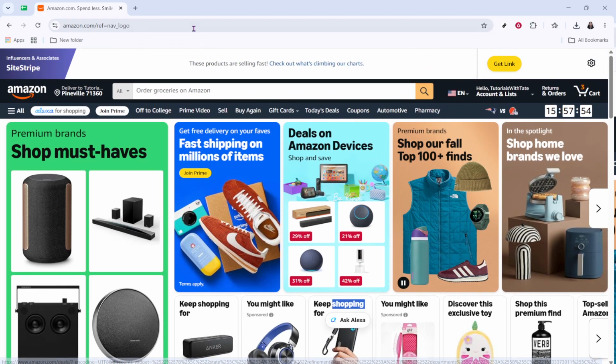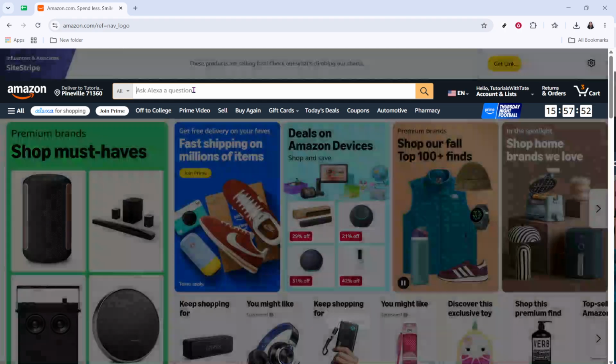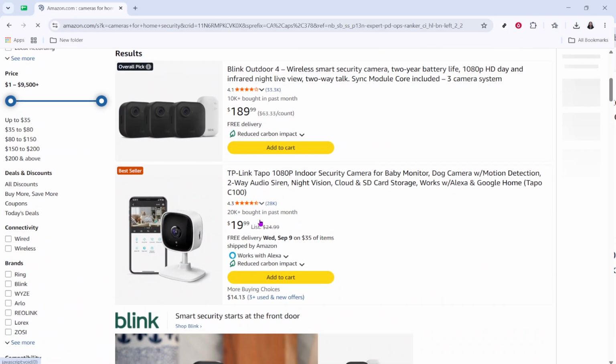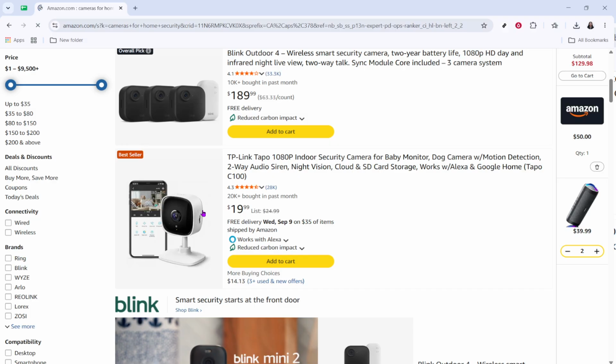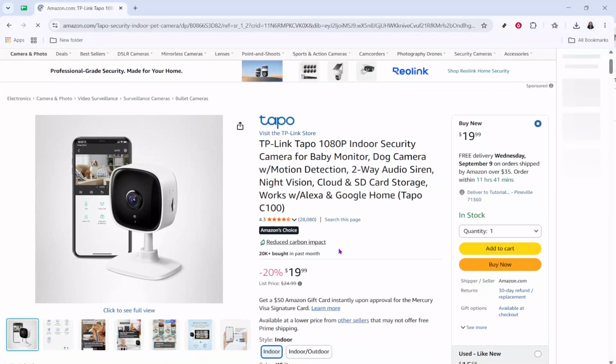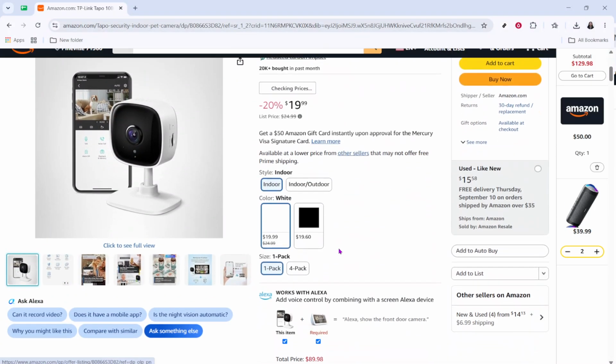First, open Amazon and choose any product you're interested in. Instead of only looking at the product title and pictures, scroll down the page until you find the product details or technical details section. Here, you can find useful information such as the product dimensions, weight, materials, model number, and